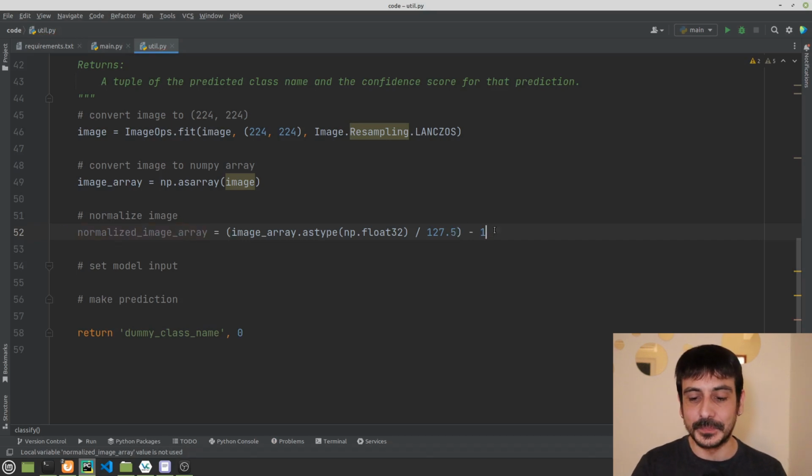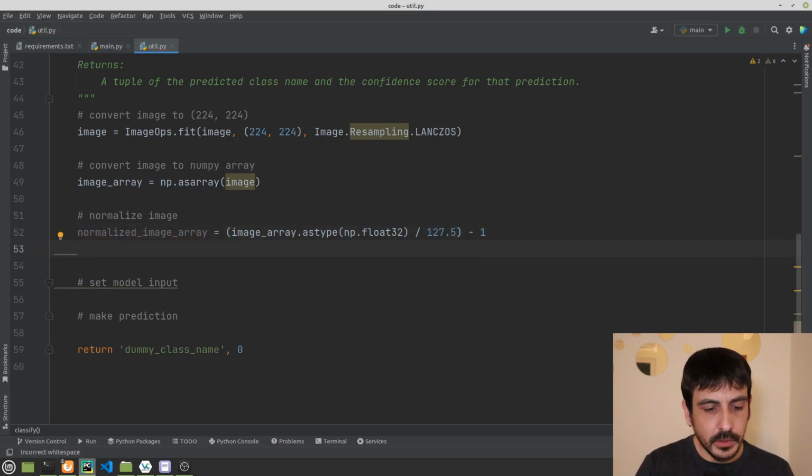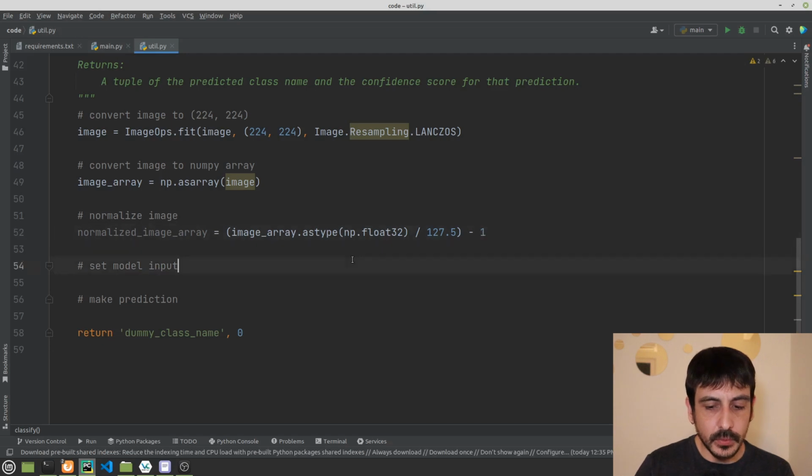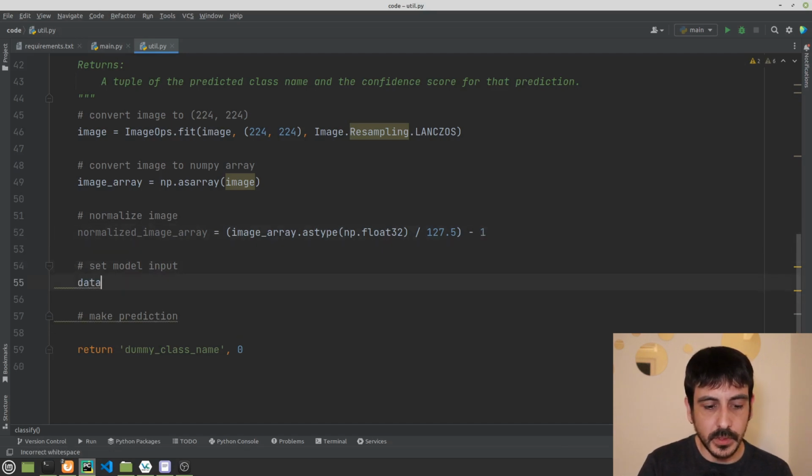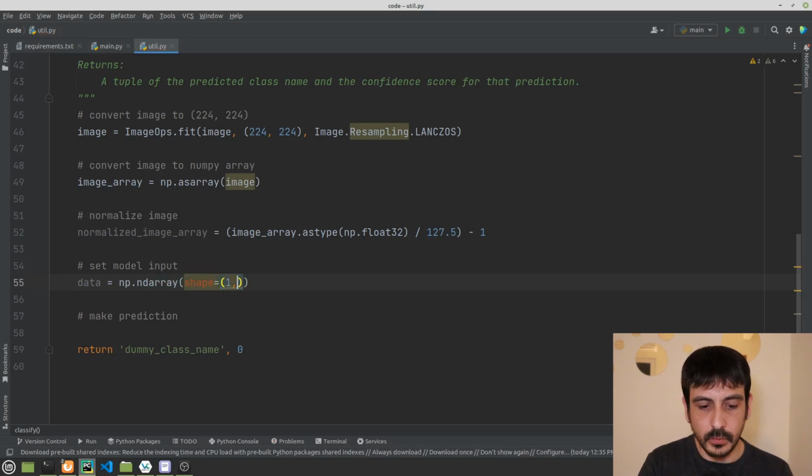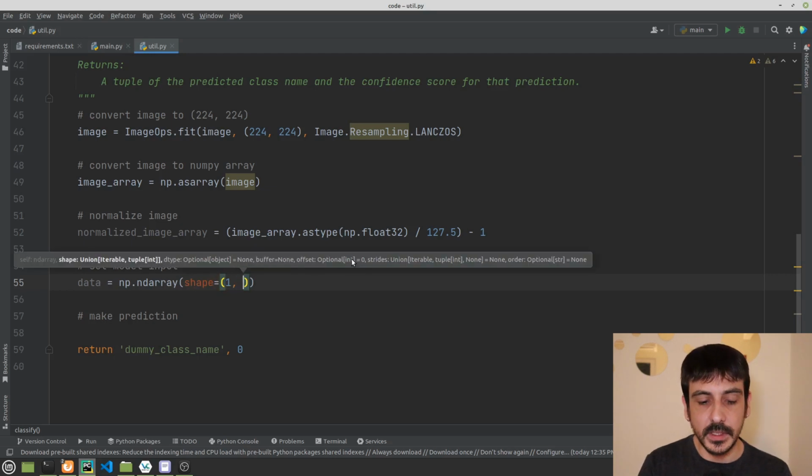And now let's continue. Now we are going to set the model input, and in order to do so, we are going to define a new variable called data, and this is going to be np_array with a shape equal to 1, because we are going to input one image at a time.